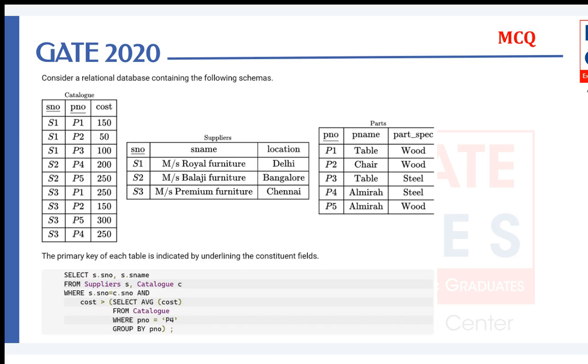Okay, so one another way. Again, I will suggest you solve this question by first evaluating the inner query, and then going with the outer query. So what does the inner query evaluate to? If you look at this inner query,